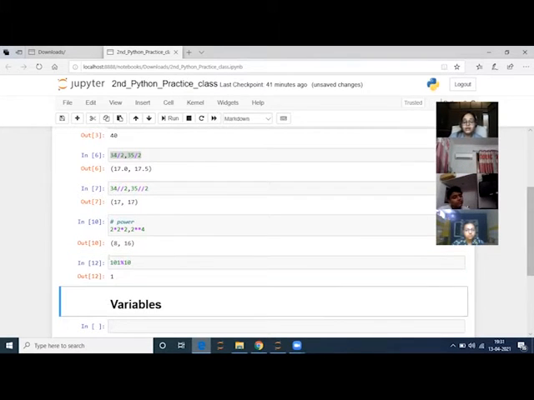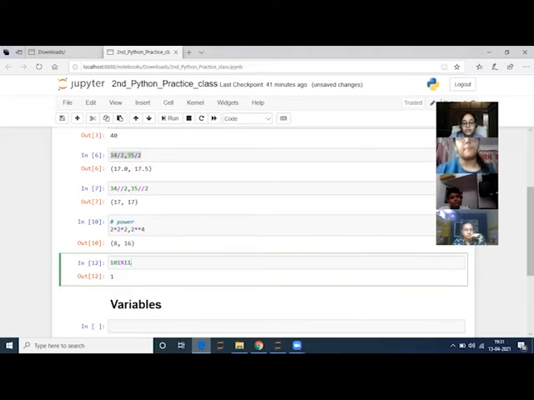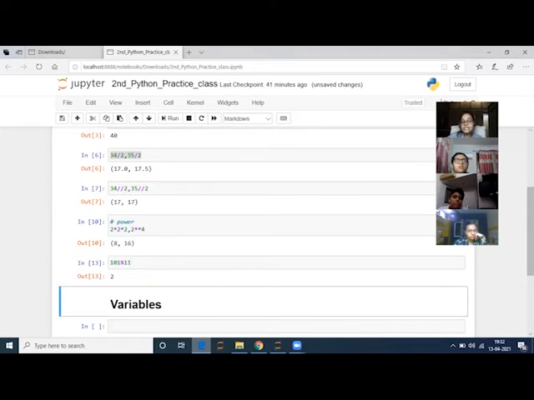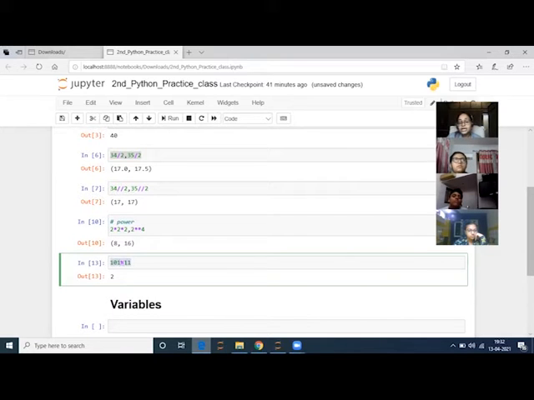Maybe 11. So we should get 10, 2, because 99 is divisible by 11. Then we are getting 2 extra. So we are getting 10 for 101 when we are trying to divide.